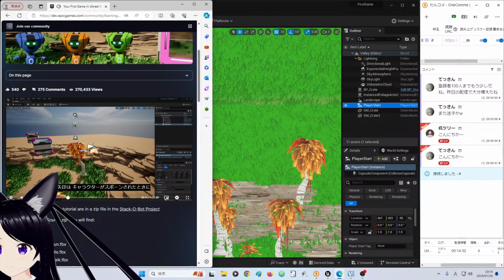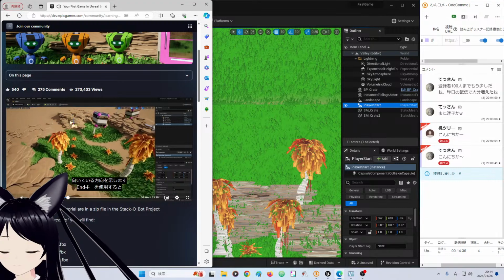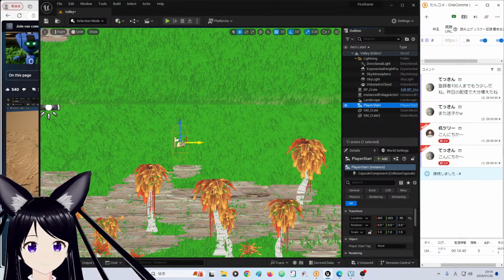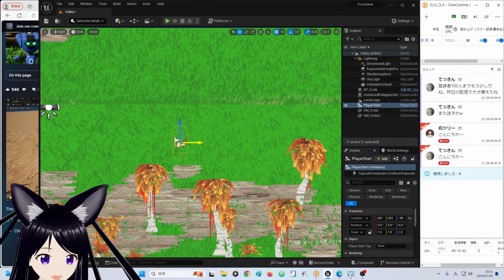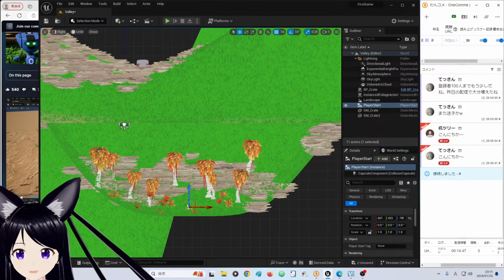This blue arrow shows us the direction the character will be orientated when spawned. When we use the end key, it will be placed on the ground. プレイヤースタートを選択した状態でエンド。よし、地面にくっついたね。